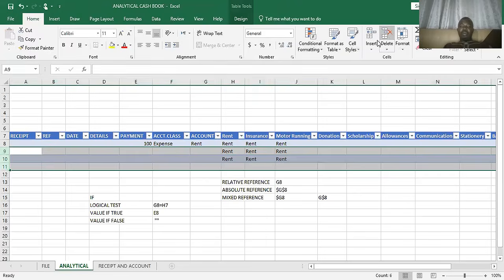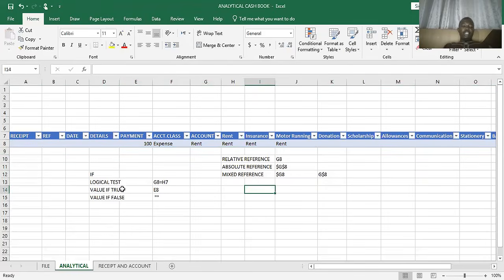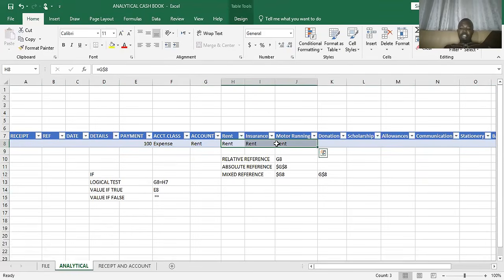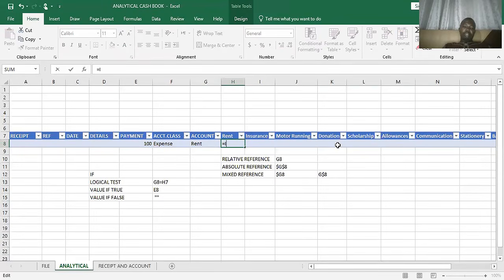Now, we are going to create a formula using the if function to allocate the payment to the various accounts. It's a very simple formula, which we can all understand. The function is if